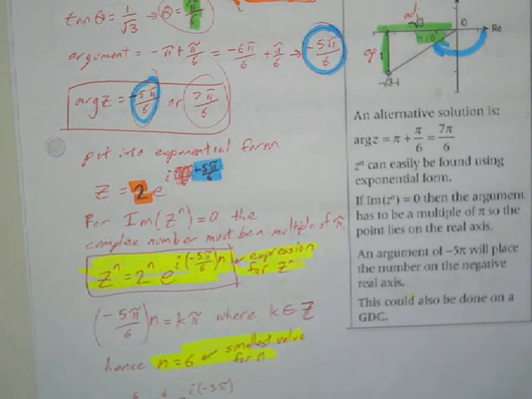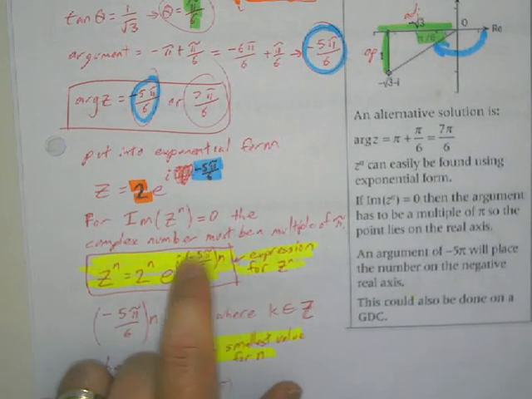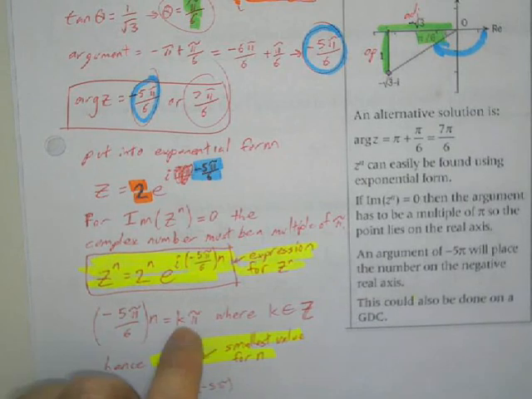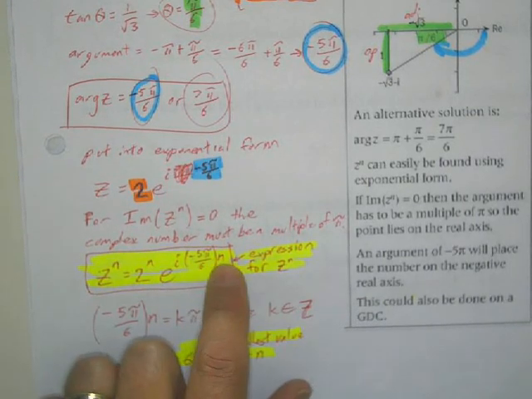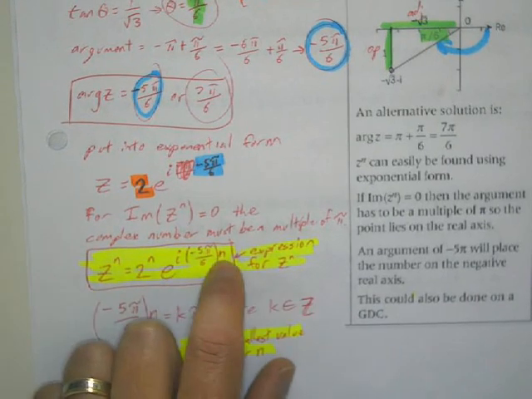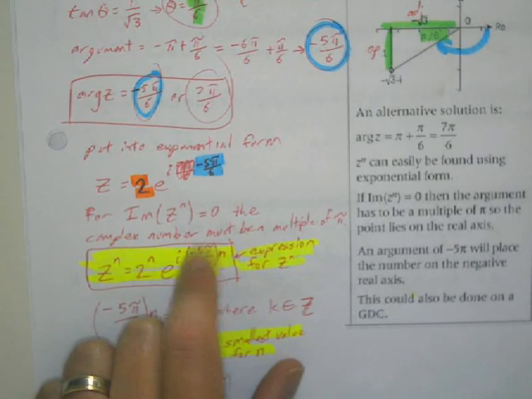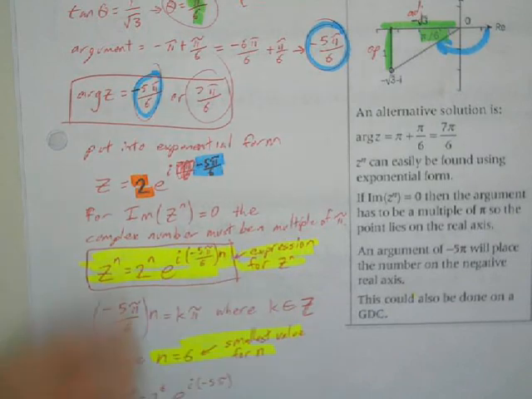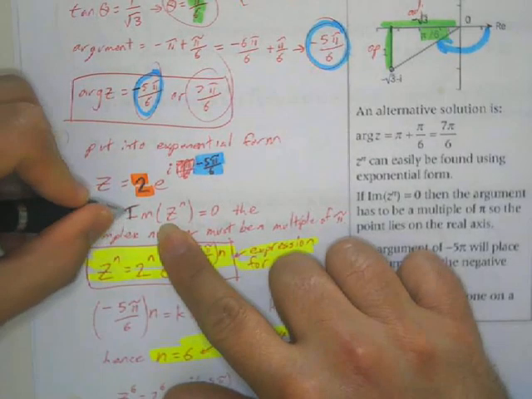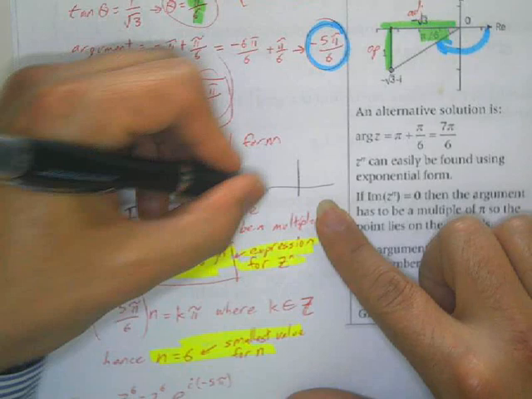Then we need to make this here equal to k pi. Because if you have this to a particular power, we're multiplying that number to our argument to figure out how much it's rotating. And if the imaginary part is going to be 0, basically what we're saying is